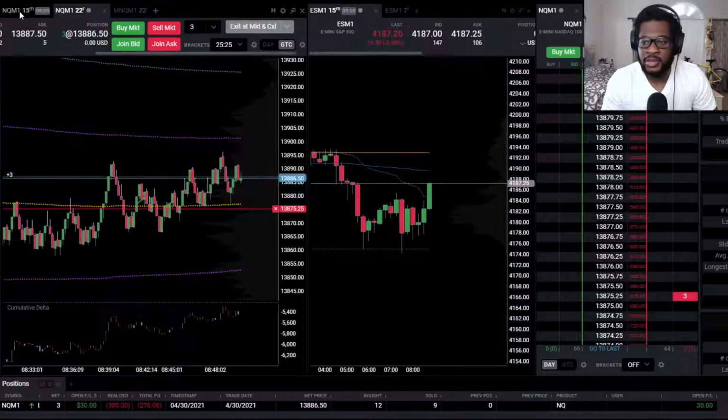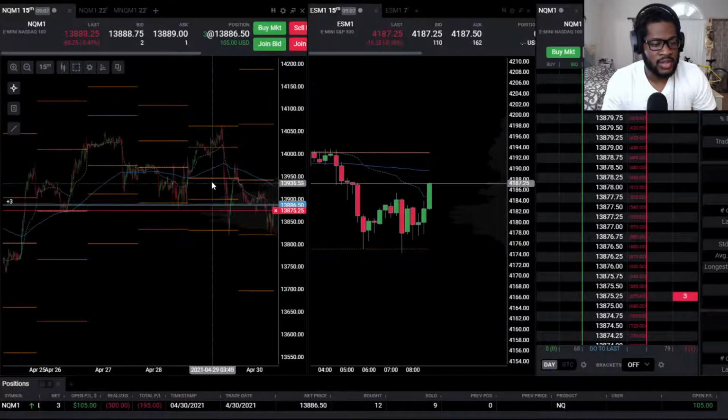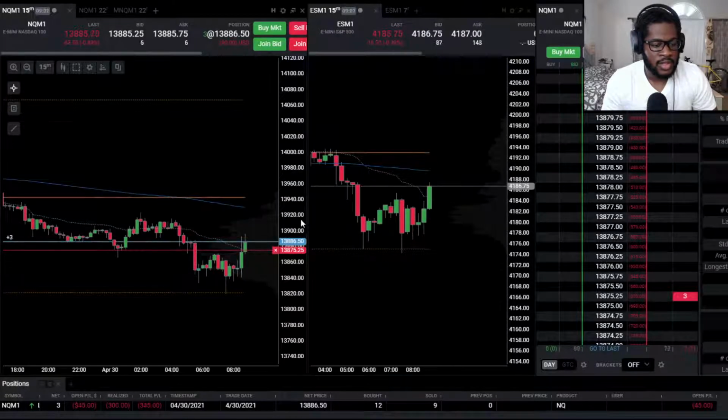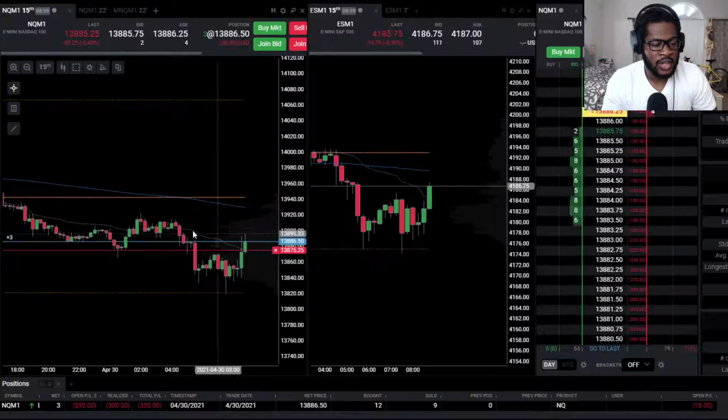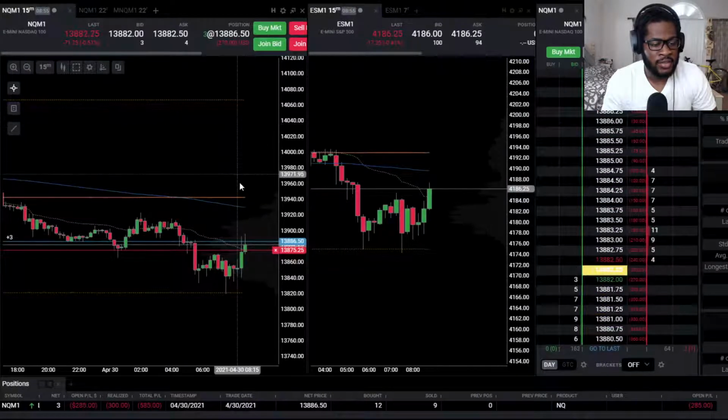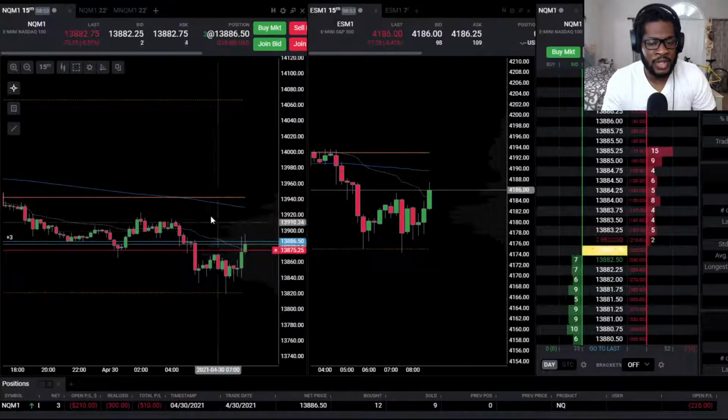Let's look at the Nasdaq time charts and see what it looks like. I haven't really looked at the time chart at all today. Honestly, the time chart doesn't look bad. Hitting kind of the resistance where this major engulfing pushed down, so maybe that's what's holding us up here.